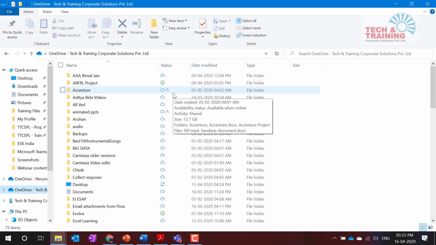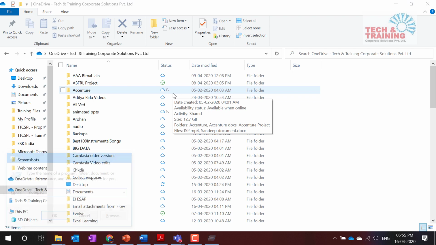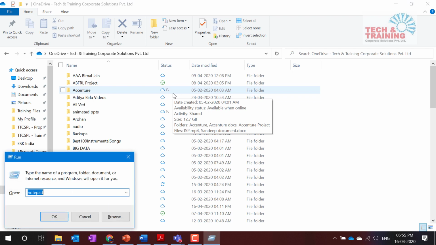How do you check what is your Windows version? Now, I'm sure many people would come back and ask me, so please take a look at the screen. You need to press Windows and R. Windows key and R. Windows is the key on the left hand side of your keyboard with four squares. And when you press Windows R, it opens up run command.